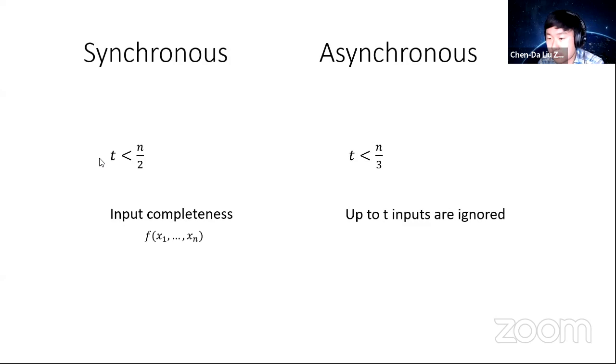So synchronous protocols tolerate a high corruption threshold, up to n/2, and parties compute exactly the output that one would expect. On the other hand, asynchronous protocols only get up to n/3 corruptions, and unavoidably, the inputs of up to t parties are ignored. This means that parties do not really get f on the inputs, which would be the normal output, but the adversary is allowed to choose up to t inputs and substitute them by a default value ⊥.